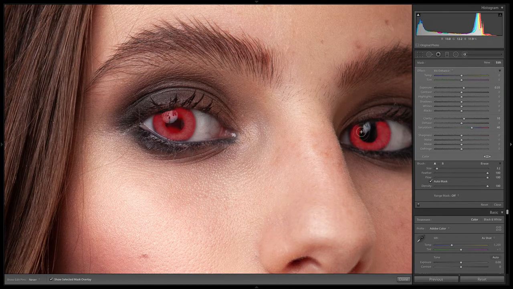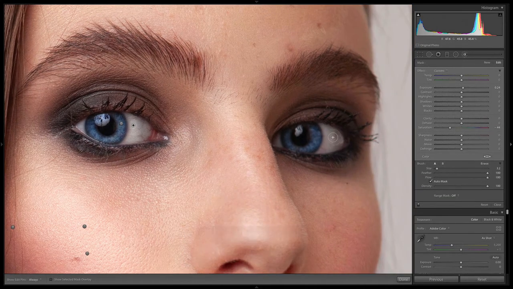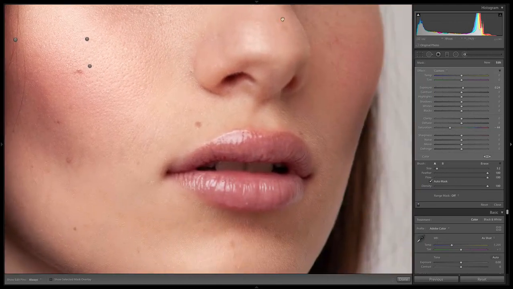Now this one. All right, press O to turn off mask overlay. Now that was a good initial enhancement. I'm going to make them more blue, dropping our slider this way. It's looking pretty good. Cool. Now I'm going to create a new brush. We're going to reset all of our settings. Going to increase the exposure just a little bit, decrease the saturation, and I'm just going to go right in here to the whites of the eyes. I feel confident that I can do this myself without really any mask overlay guiding me. Maybe you feel the same way. Cool, that looks pretty good.